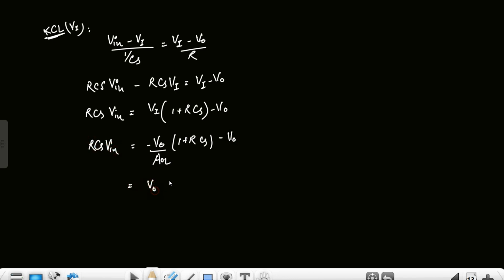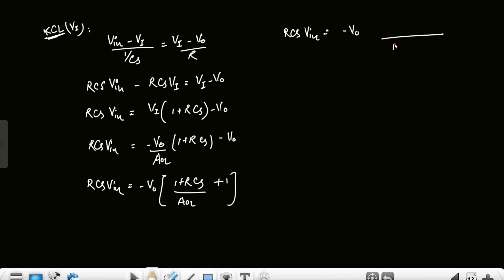If I take minus V naught common, it will be 1 plus RCS upon AOL, plus 1. Now taking the LCM, it will be RCS VIN equals minus V naught, and this will be AOL, and this is 1 plus RCS plus AOL,